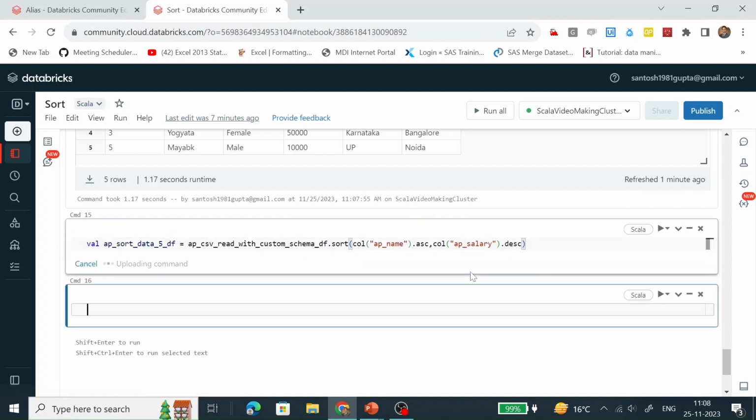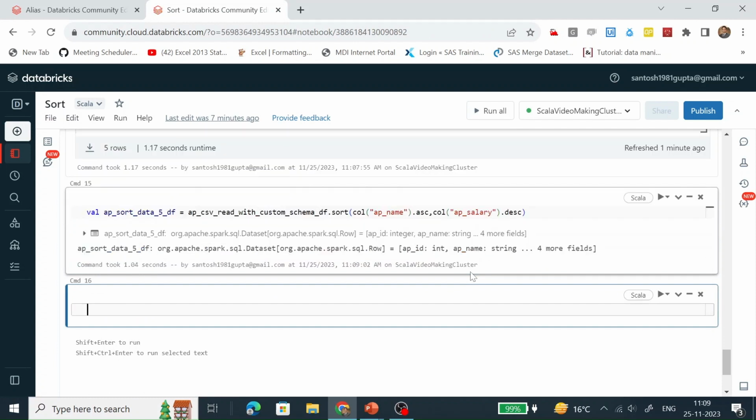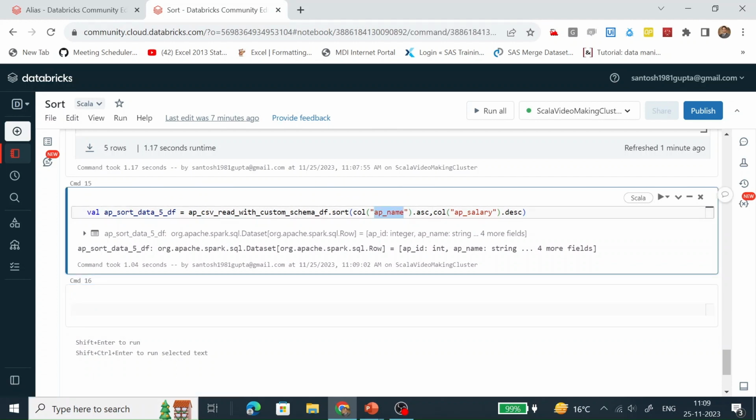Let's run it. So what it is going to do is first sort based on the AP name in ascending order, and then sort AP salary in descending order. Let's see the content.